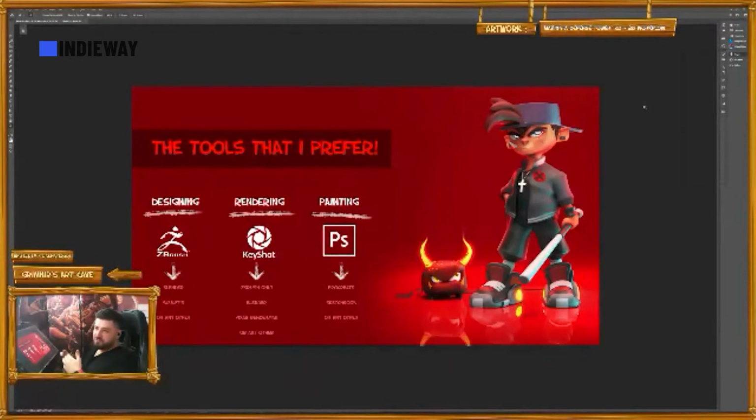And we will move on to the rendering process. For rendering purposes, I use KeyShot, which is directly integrated with ZBrush. And you can use any kind of software for rendering. Even ZBrush itself is pretty much enough. But I personally prefer KeyShot